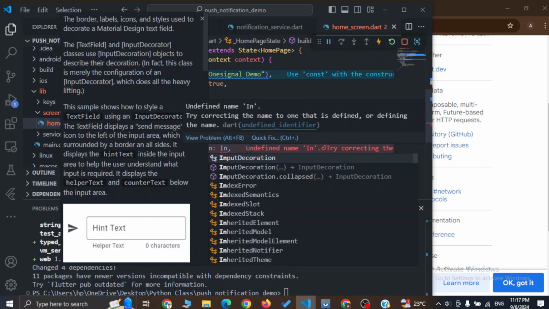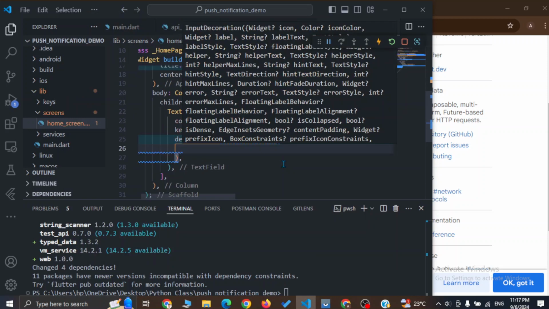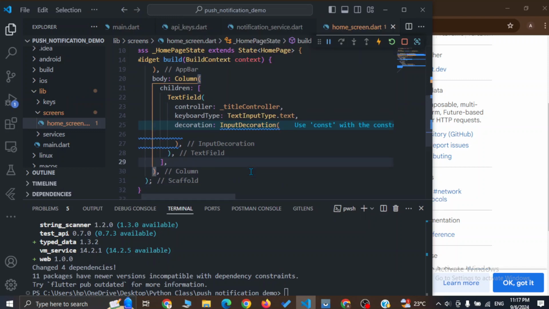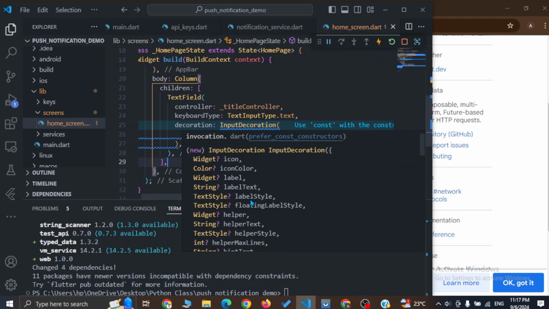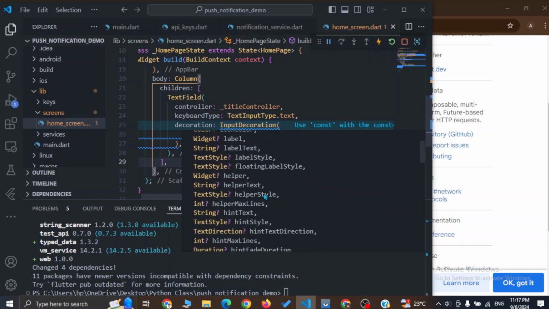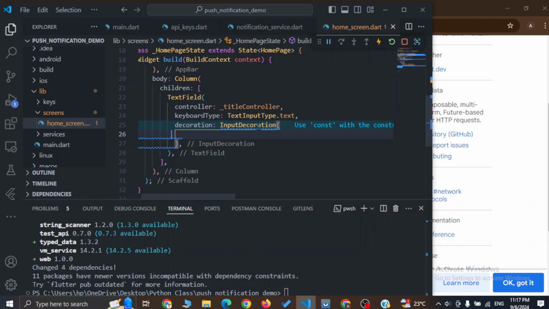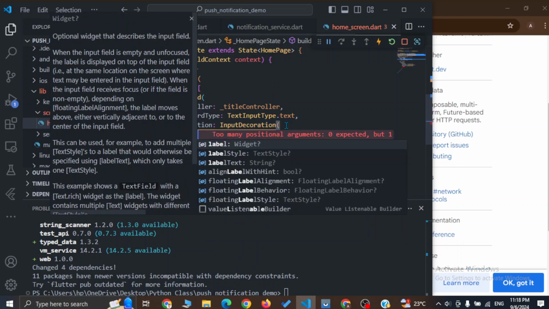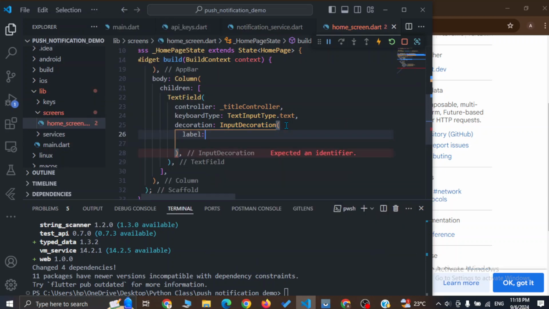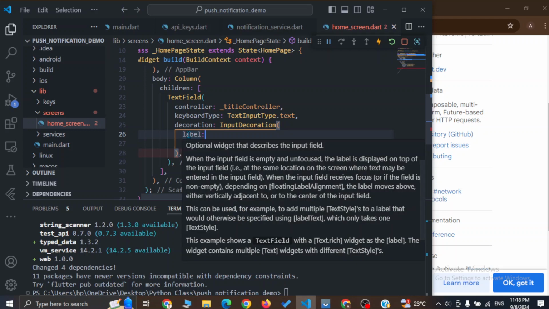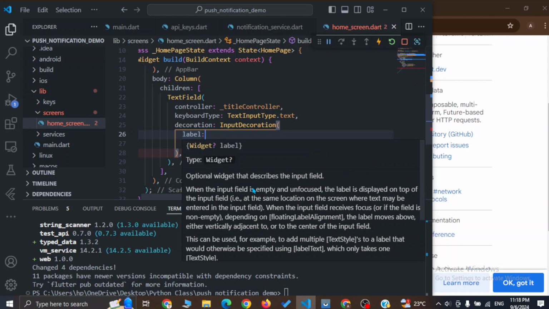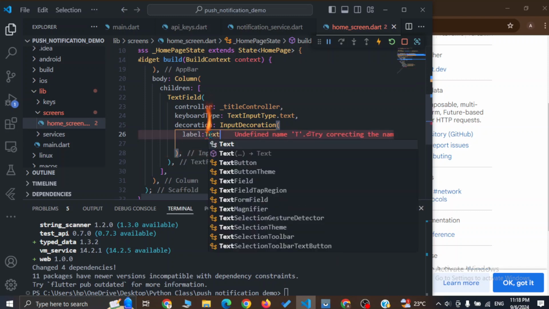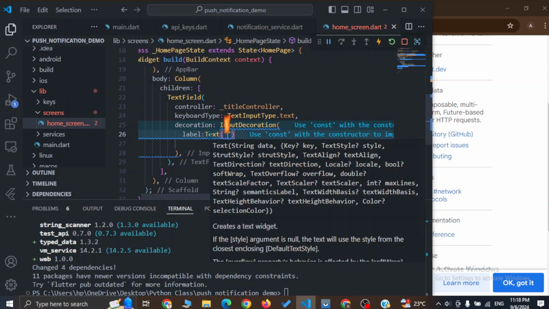This decoration property takes input decoration widget. So here we can provide various properties like icon, color, label. So you can play around with all of these. For now I'm going with the label. Title. If you hover over the label, you can see what it takes. So we have to provide the widget. Here you can simply give text widget and say title,